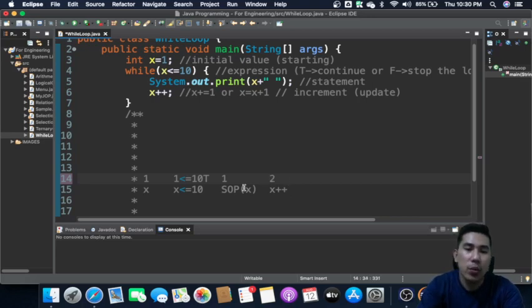This will become 2. Okay. So it goes back to this one right here, it doesn't go back here. It goes back to the expression. So actually, we can also see the x here. Anyway, it goes back to the expression, and this time the expression will say 2